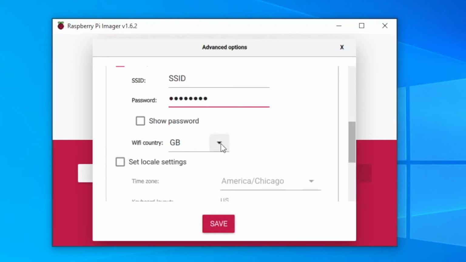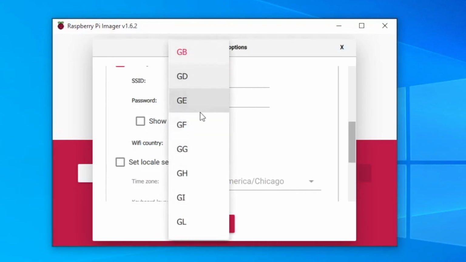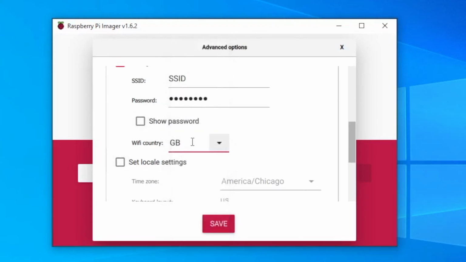Specify the Wi-Fi country. Now if you click the drop down, there's an incredibly long list, and I'm having a hard time actually being able to scroll fast. So what I found is you can just type in